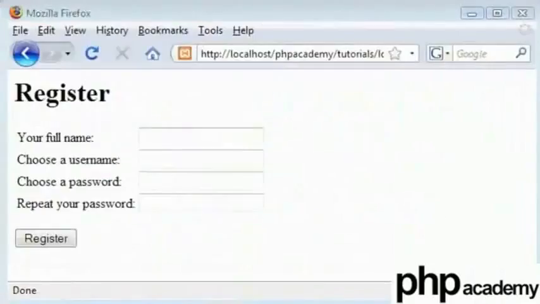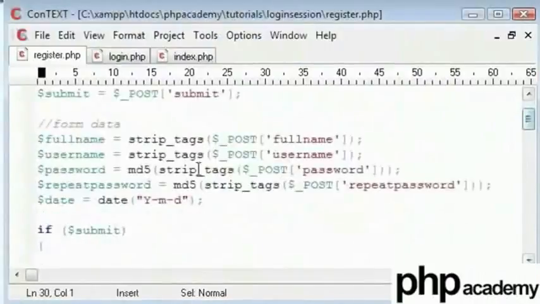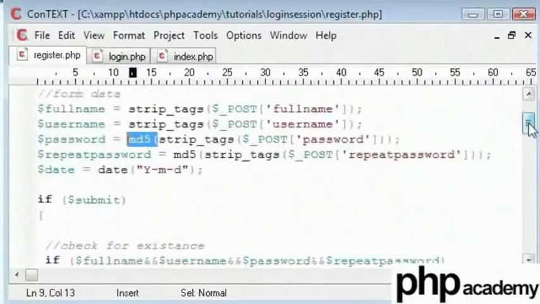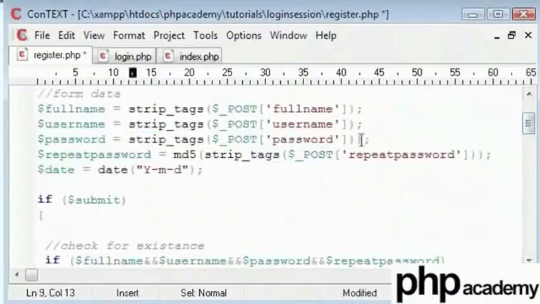The reason this is not working at the moment is an MD5 value of nothing is not equal to an MD5 string of text, an encrypted string of text. So I realize what we need to do is take out the MD5 function here. Make sure you remove the end brackets.